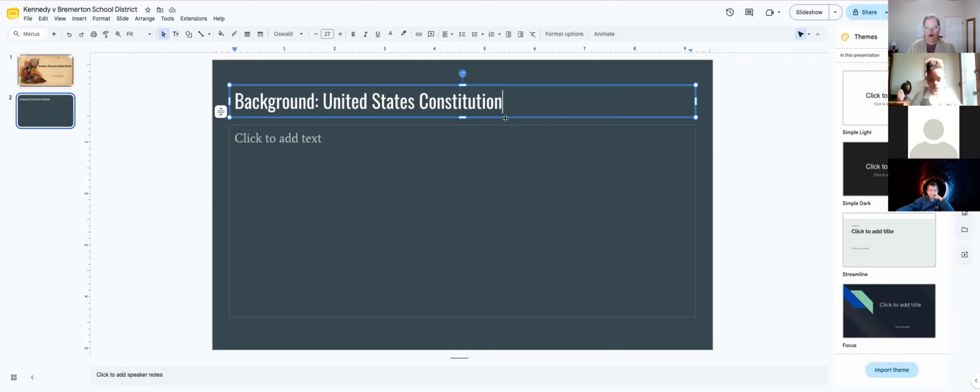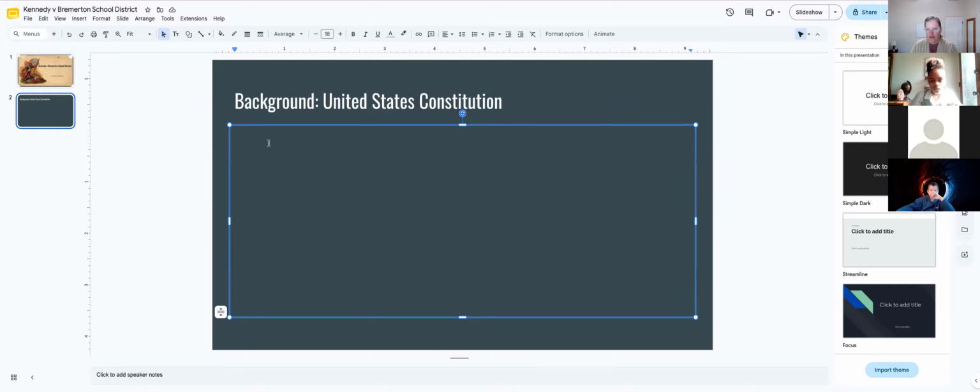So my preference, which I believe is the proper way to do this, is to just use very, very few words. So if you click where it says click to add text on this slide, and you enter in a bullet point. Remember how I think we did this last year, but up in your toolbar right here, it has dots and lines. That's how you insert a bullet point. If you just click it, it'll pop one in there for you. It's just a big dot. Okay, and then from here,